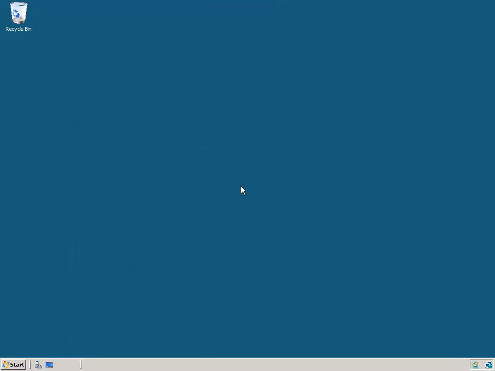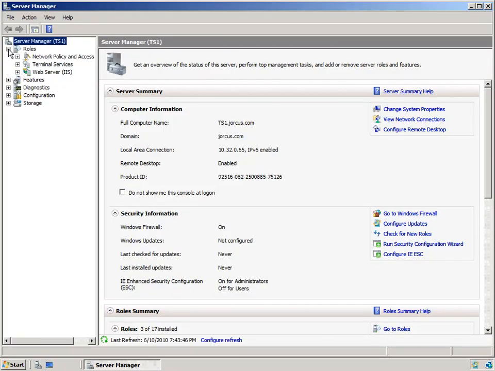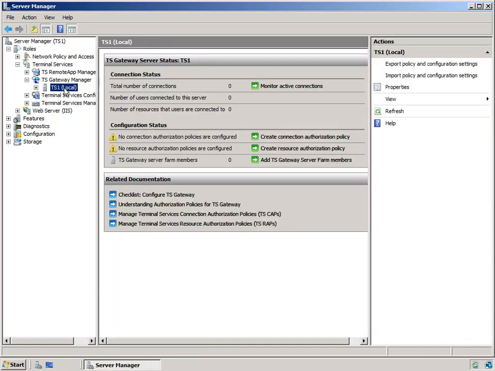So I've just switched over to our terminal server here, TS1. Let's go and fire up the Server Manager console. We're going to expand Roles, Terminal Services. We'll expand TS Gateway Manager, and we'll select our server here, TS1. So this is where you'll not only go to create your gateway authorization policies, but also to find out what